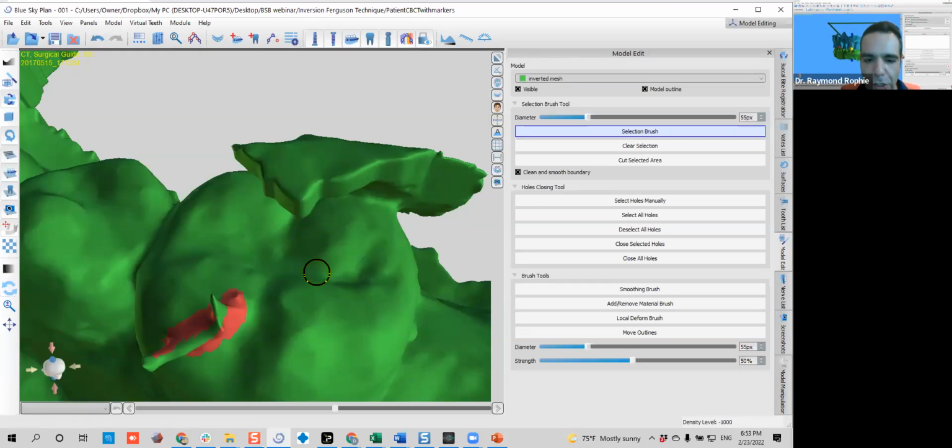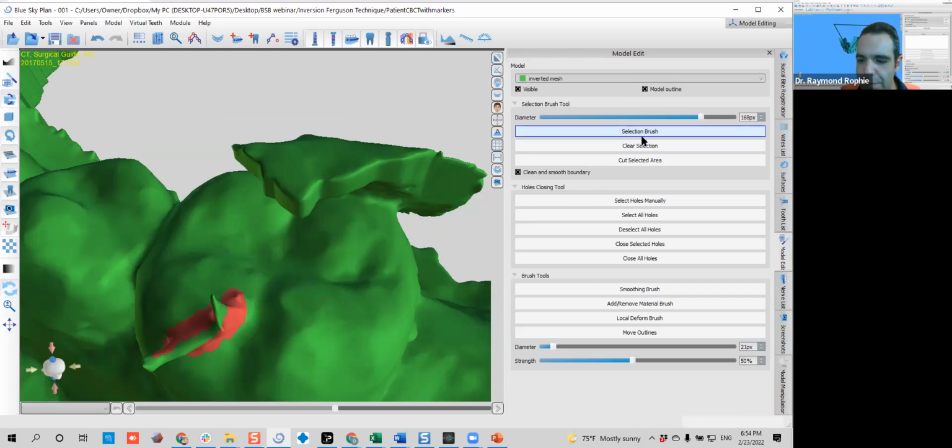If you want to enlarge the area of action, you just hold shift and then scroll forward your mouse wheel, or you can just use this sliding bar on the bottom of the panel. I'm sorry, here where it says diameter, it will enlarge the diameter of the tool. If you slide the bar to the left,